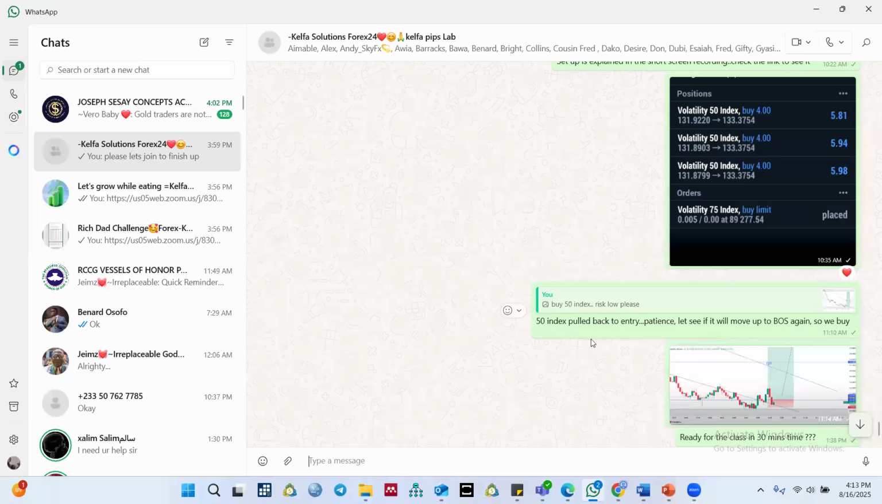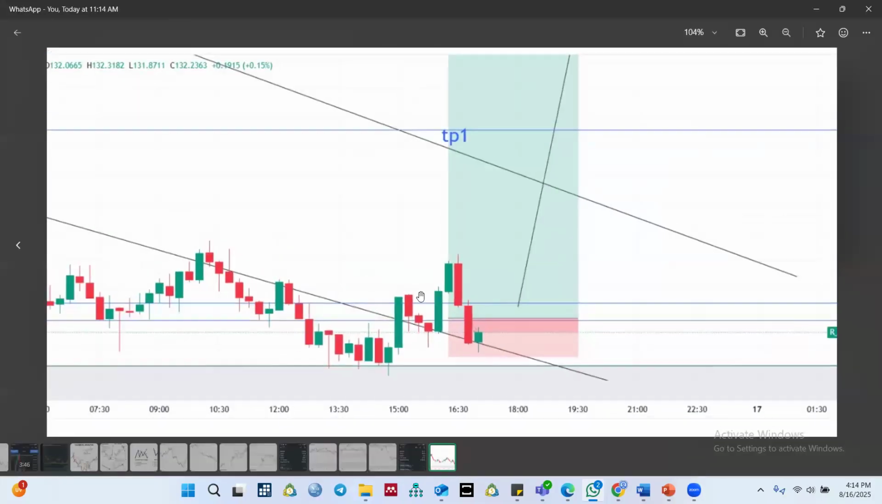Okay, so 50 index pull back to entry, patience. Let's see if it will move up to BOS again. So we buy. Okay, good. So what I meant by that is let's wait if it will move up to break structure. Okay, let's see because it pushed up. It didn't close above this area, but it dropped, moved up, broke this small internal structure, and then we saw the pushback